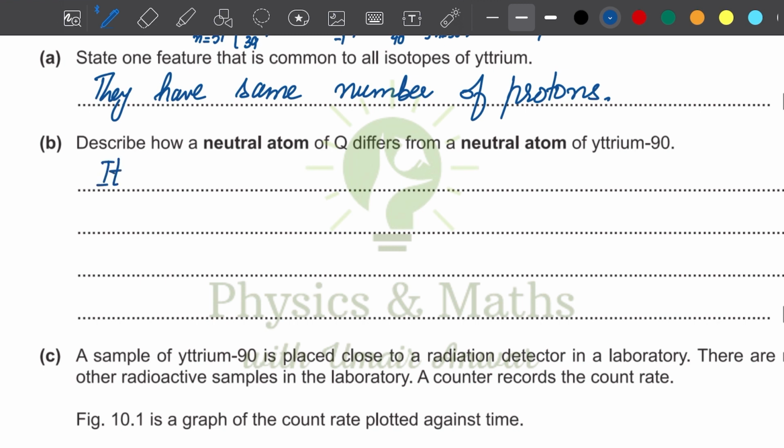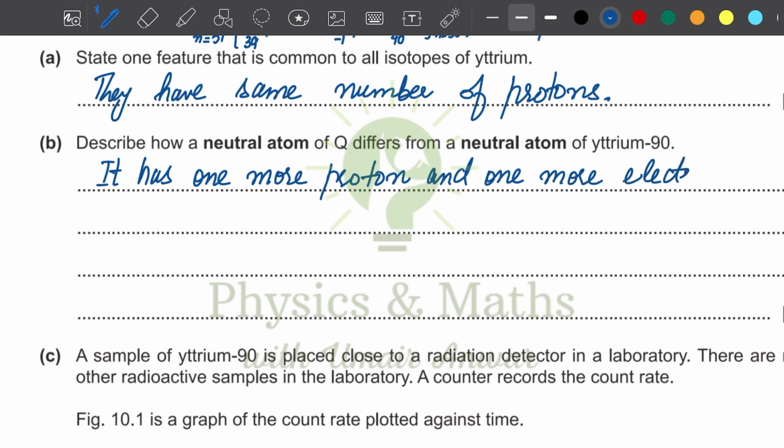So the first thing is it has one more proton and one more electron as compared to yttrium,